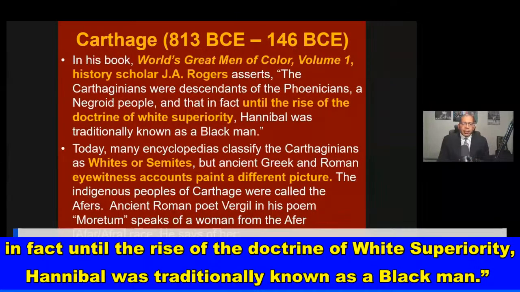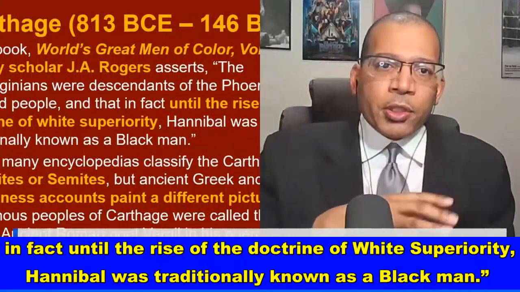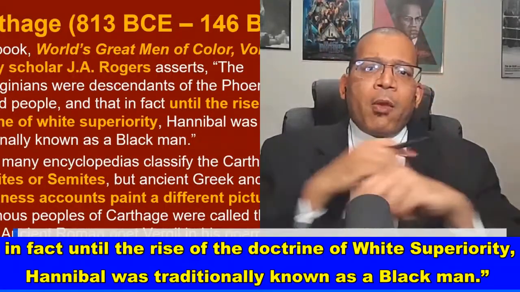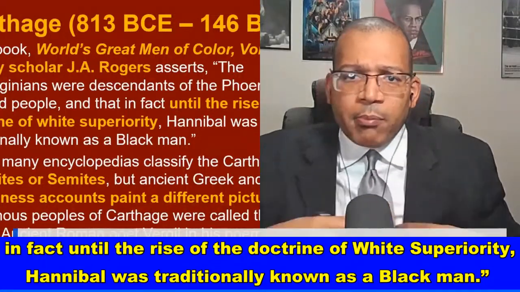Now, in his book, World's Great Men of Color, Volume 1, history scholar J.A. Rogers asserts that the Carthaginians were descendants of the Phoenicians, a Negroid people, and that, in fact, until the rise of the doctrine of white superiority. Now, this is extremely important because on the History Channel in 2016, they had a series called Barbarians Rising, and I watched it. It dealt with 700 years of invasions in the Roman Empire, leading to the fall of the western portion of the Roman Empire in 476 AD, when the Vandals and the Visigoths crushed the western portion of the Roman Empire. Okay, so